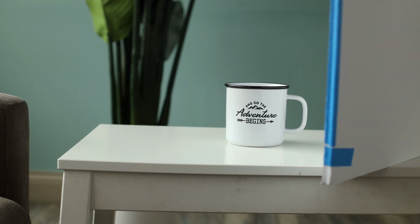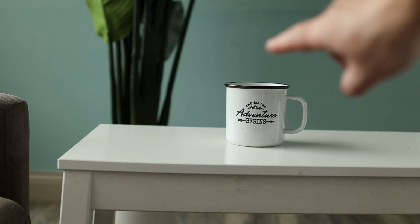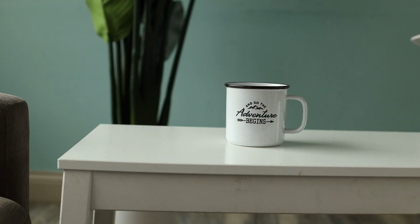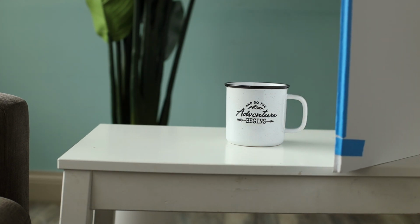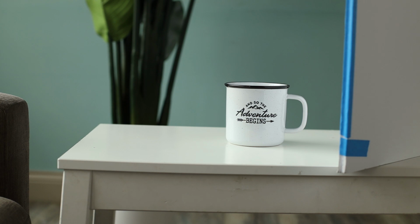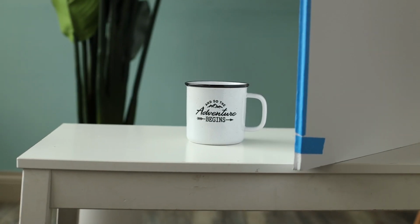So the first shot would be kind of where I would do it, right? And there's where we started with that stripe right there, that shadowy part. And then you can see I'll put the reflector in. I'll just move it really close like that. And again, this reflector is folded open. Let me back up here so you can see the whole setup there. So there's a reflector folded open. And that really fills it in there. And then when you get really close to it,